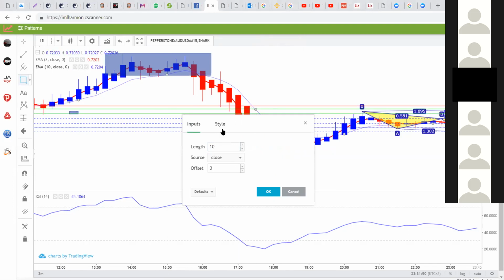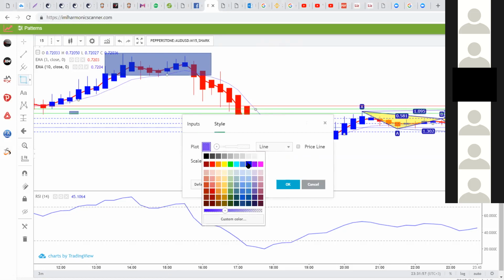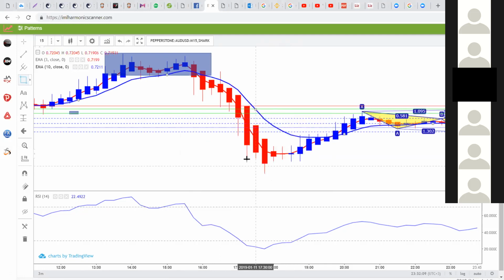All right. Then I'm going to go to style. I will go to style. Blue is fine, but I'm going to make it non-transparent by dragging it down. All right. Then, of course, I'll make it thicker. All right. Then, cool. So we can see the red as our EMA3, the blue as our EMA10, exponential moving